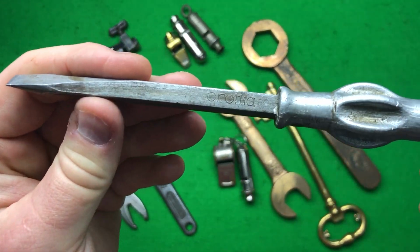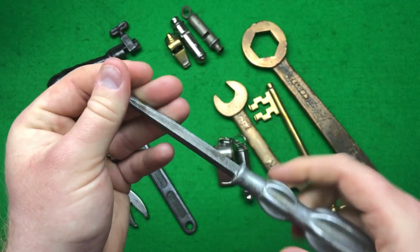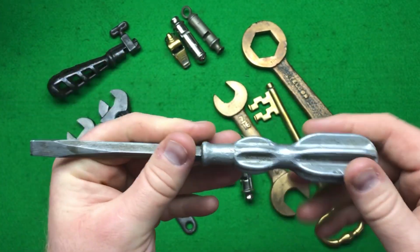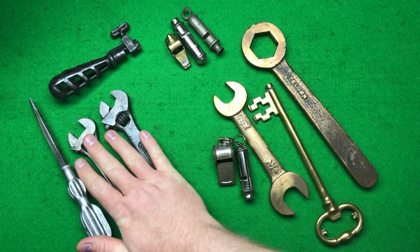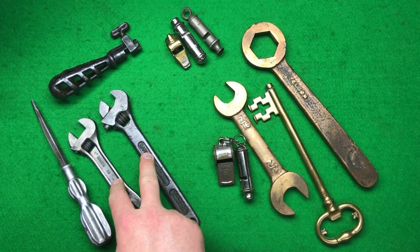Well, this is one of the Chroma Bahco adjustable spanners. Yeah, we'll just leave it as a spanner, and you can correct me in the comments. But it's a really nice screwdriver. I love the aluminium handles, really nice. So basically I gave the guy 500 in total, which is £450 plus